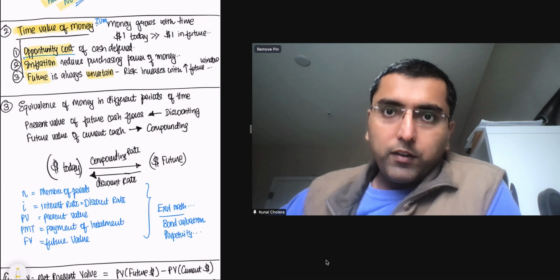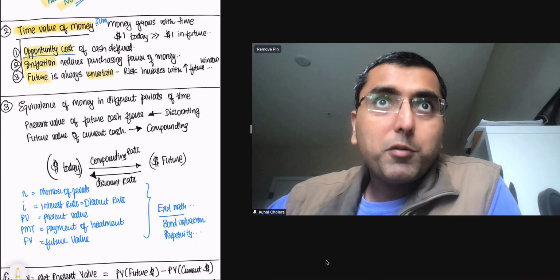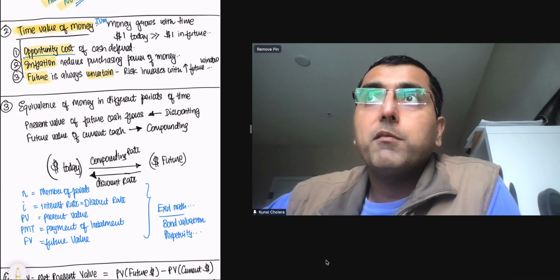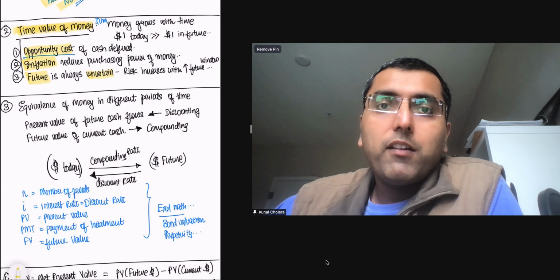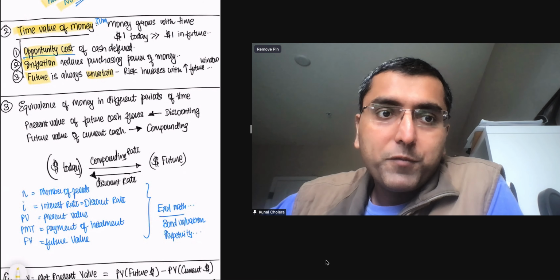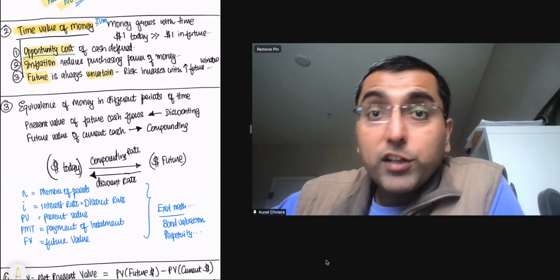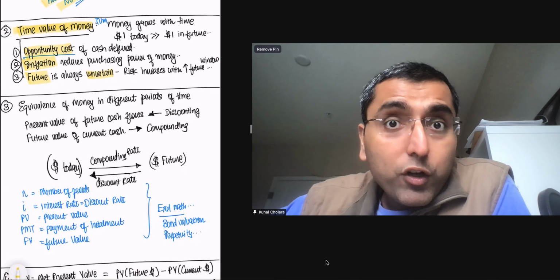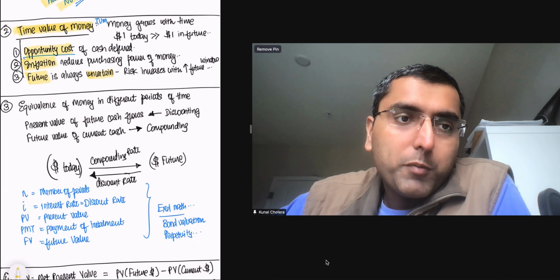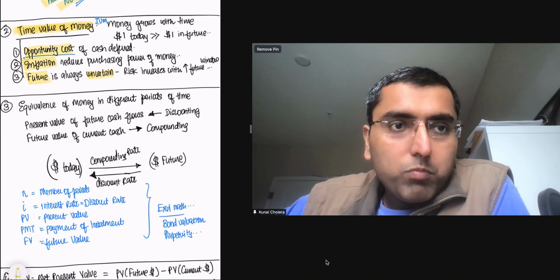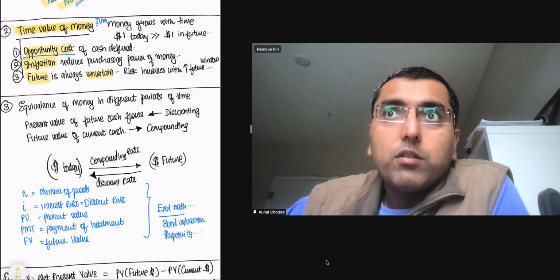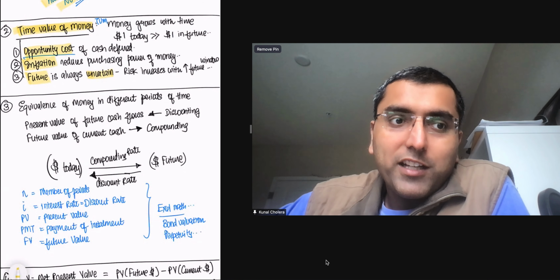Opportunity cost is, if I invest some money in this project, I could very well be keeping that money in a safe bank deposit and still be making money. So that's my opportunity cost. Or an alternative investment that I could make and still make money, that's an opportunity cost, right? So typically any money lying around can make money. So that's your opportunity cost.